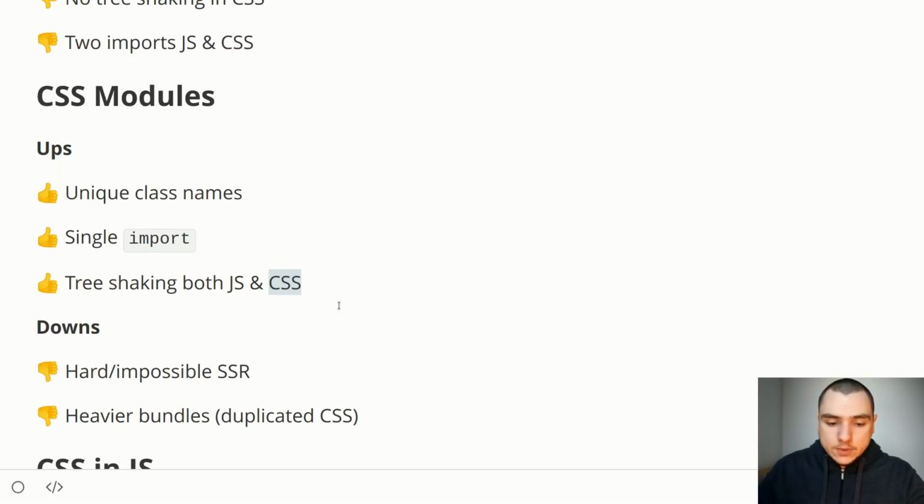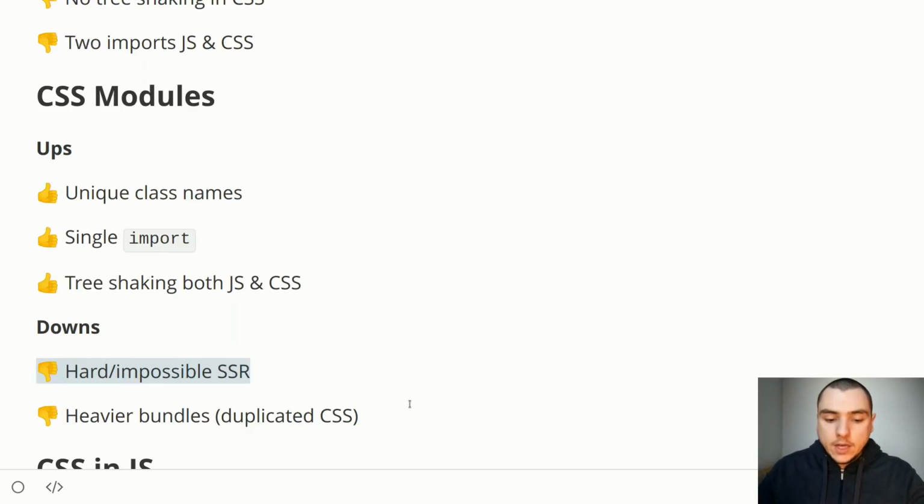And now for the downsides, unfortunately, it's very hard, if not impossible, to integrate CSS modules with SSR. I know of a specific package known as isomorphic CSS loader, I think, for Webpack. I'm not sure if there's anything like that for Rollup, unfortunately. So this might become an issue down the road if you decide to integrate the library that we're about to create as part of your server-side rendering application. So again, it creates difficulties with SSR.